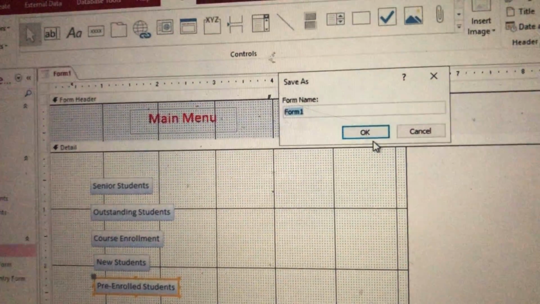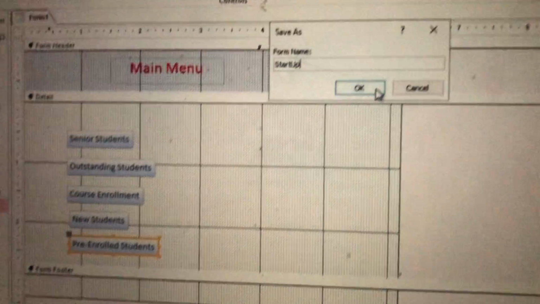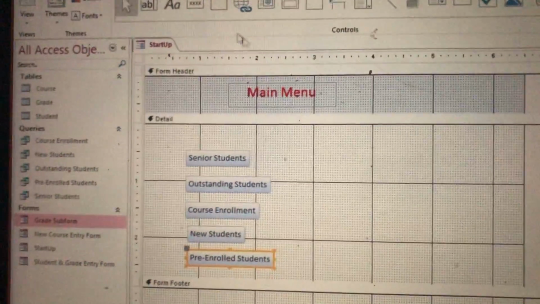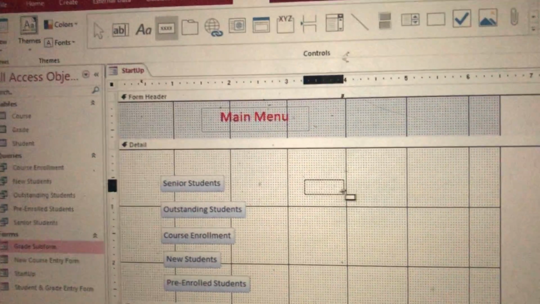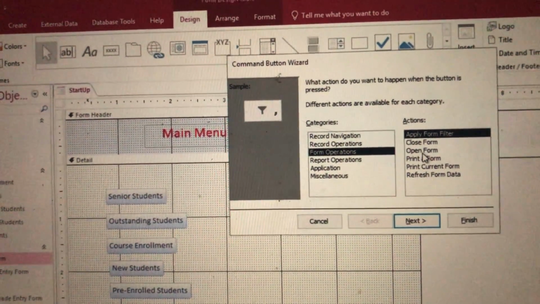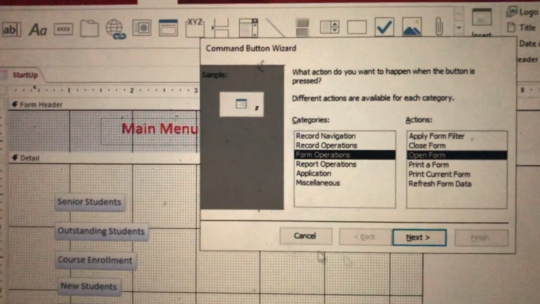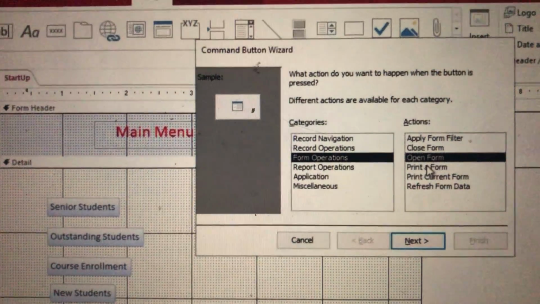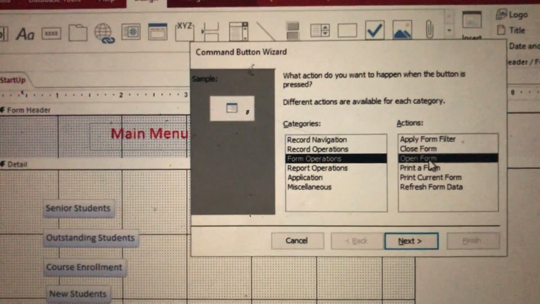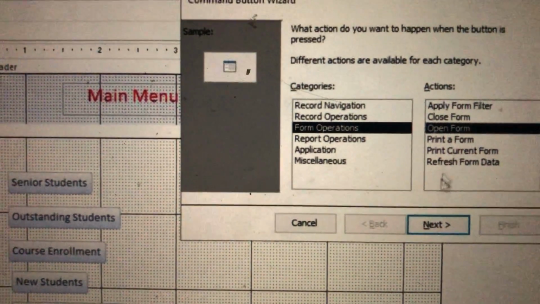Name this as startup. So I'm going to create the next 2 buttons for form. So go to button again, and create this. And this time, form operations and open form. So this is new. I'm going to wait here for a few more seconds, because a moment ago was query. This time we are going to work with form. So choose form operations and choose open form. Form operations under category, action, open form. Next,